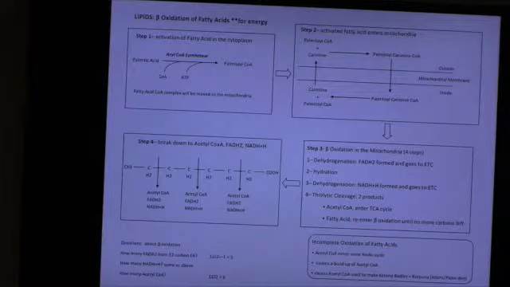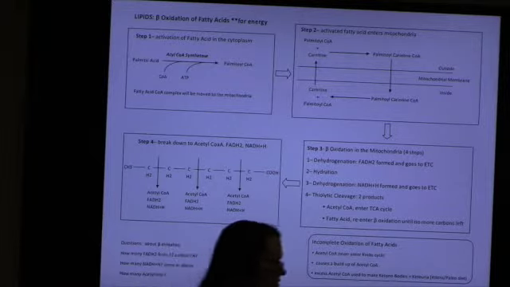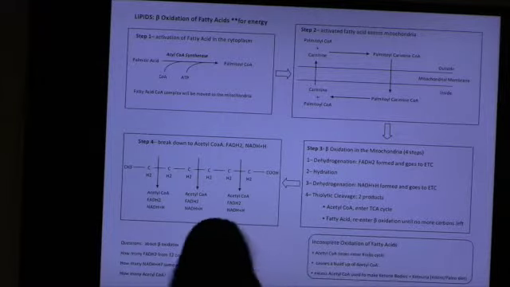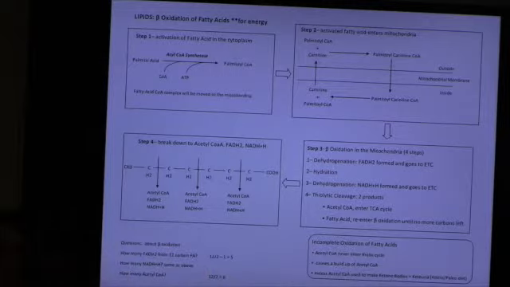What happens if this can't happen? What we call incomplete oxidation. Yes, you can have ketoacidosis. So if acetyl-CoA can never get to the Krebs cycle, you have a buildup of acetyl-CoA, right? And that excess acetyl-CoA is going to make ketone bodies. Yes? You all heard this? This also happens in people who are on a paleo or Atkins diet, because they eat a lot of protein. We're going to talk about that. Good?